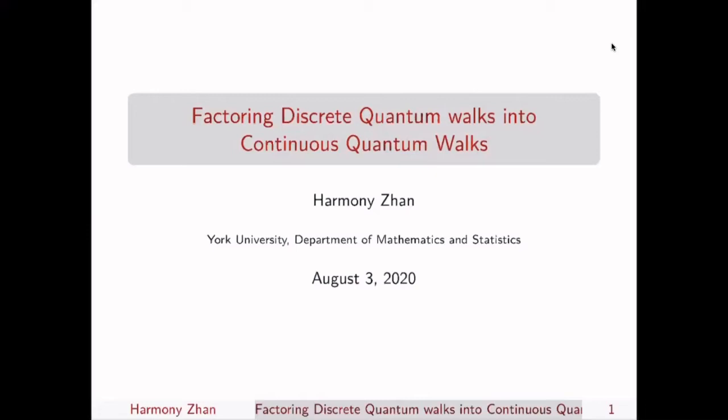I made a little change to my title because I realized decomposing quantum walks has some other meaning. So I changed it to factoring. Okay, anyway,